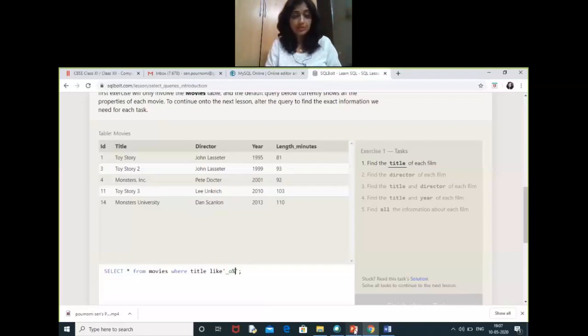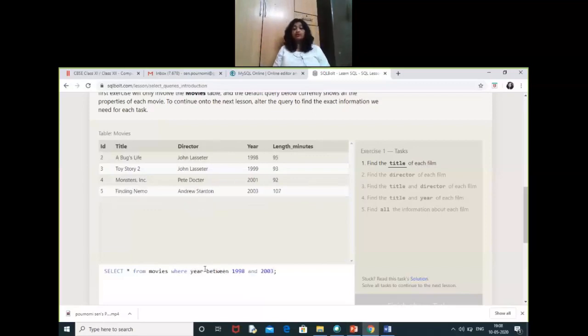So what you will do: select star from movies where year between 1998 and 2003. Here both of the values will be inclusive. So you will get the details of the movies where the release date is between 1998 and 2003.